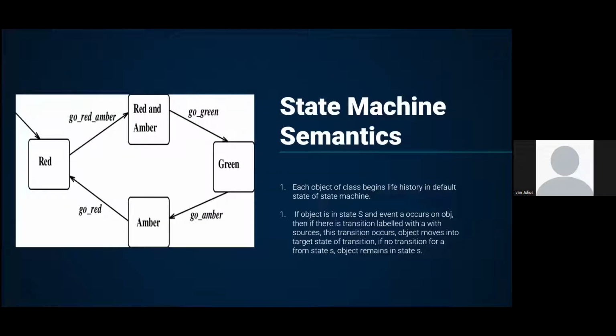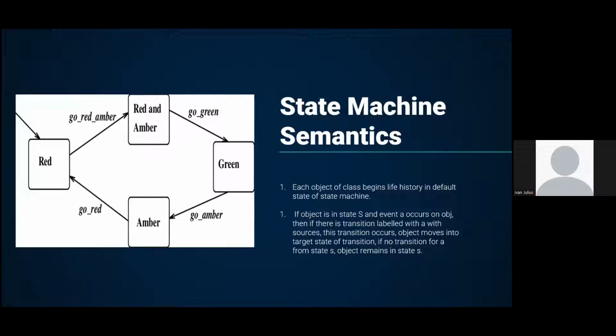For this one, the events of the protocol state chart normally correspond to the operation methods of the class whose behavior the state chart describes, the semantic meaning of a protocol. So, state chart semantics: each object of a class begins its life history in the default state of the state machine. If an object is in state S and event A occurs on the object, then if there is a transition labeled